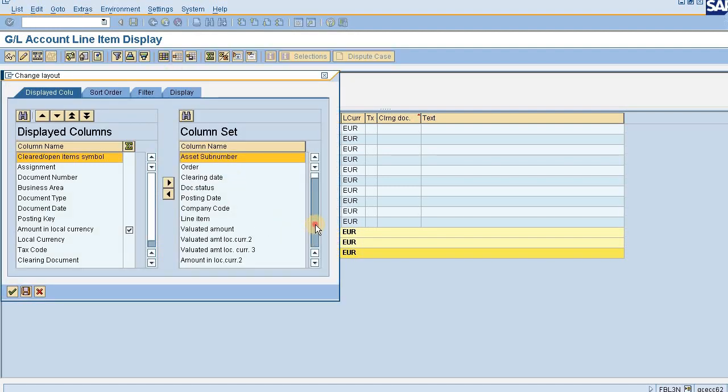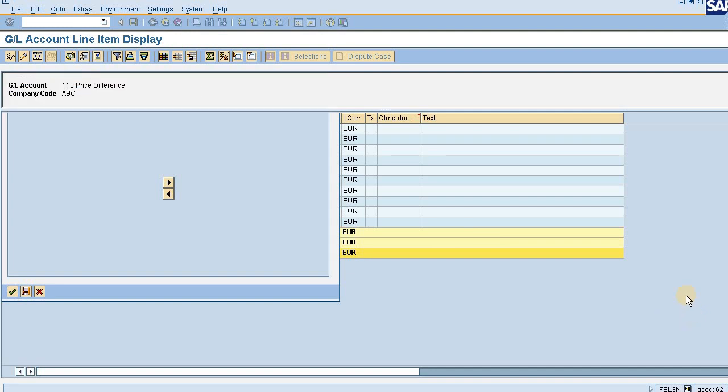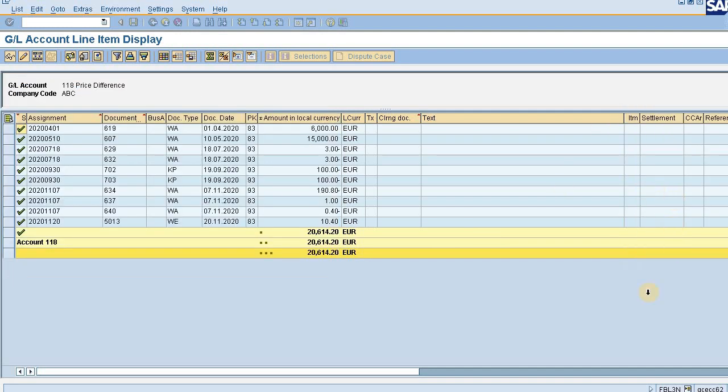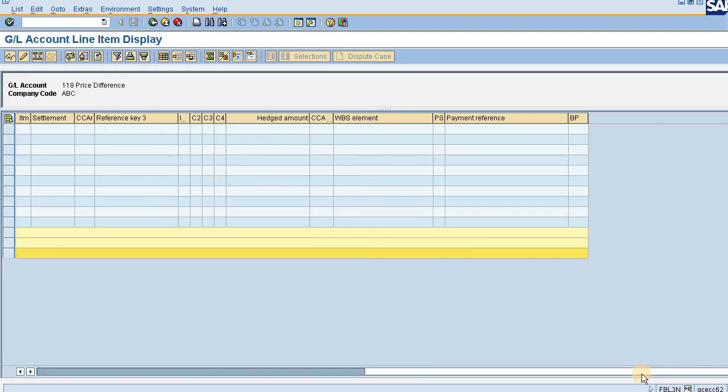I can choose my required field from here, and I can click on this button. I can press enter, and I can pull up the details here, like this one.